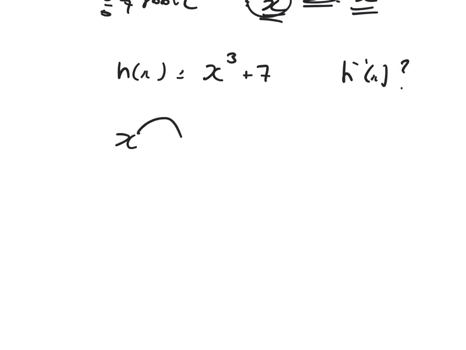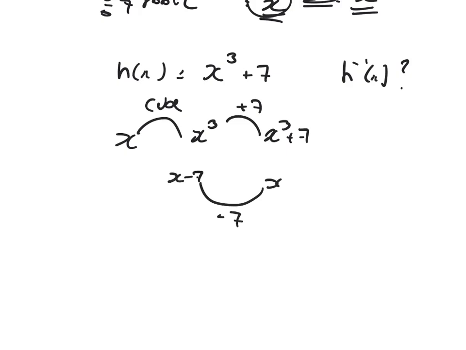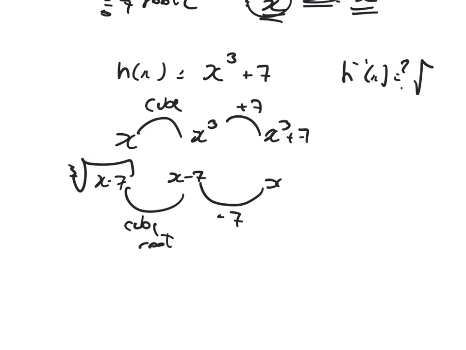Okay, we start with x, and then cube it to get x cubed, and then add 7 to get x cubed plus 7. So start with x, let's undo the function. Take away 7 will be x minus 7, and then the opposite of the cube will be the cube root, which is the cube root of x minus 7, which is then the inverse function. Let's try another,